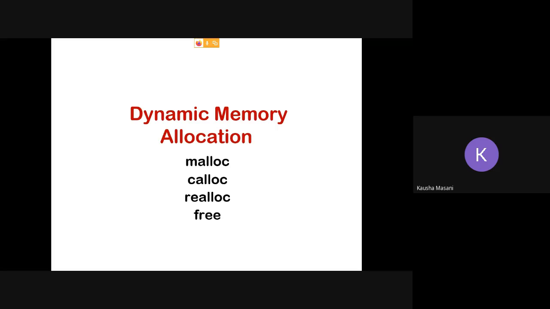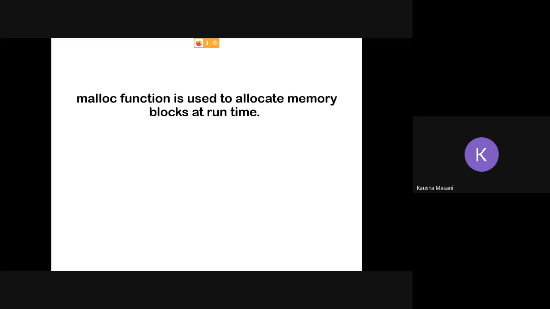Now what are these capable of doing? Let's see one by one. The malloc is used to allocate memory blocks at runtime. It is going to allocate an entire memory block. For example, if you are giving integer roll number 10, and simultaneously you are giving malloc 10, then what is the difference?